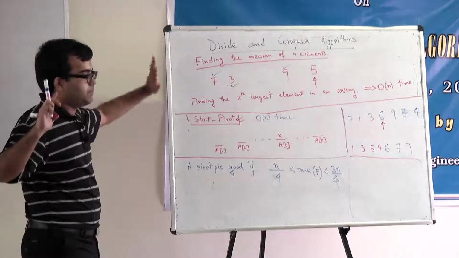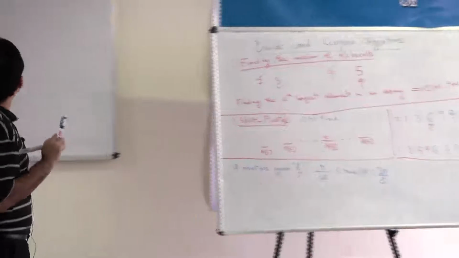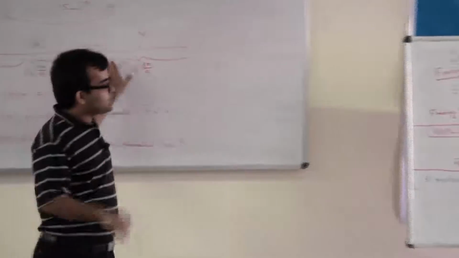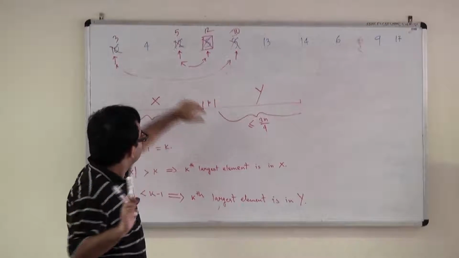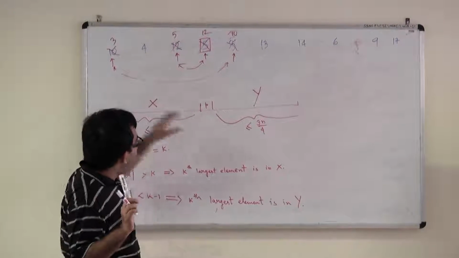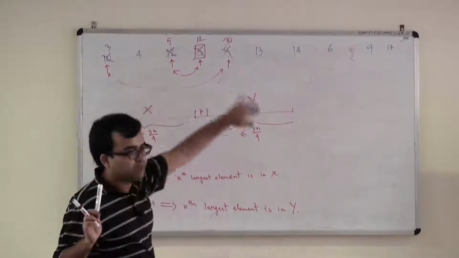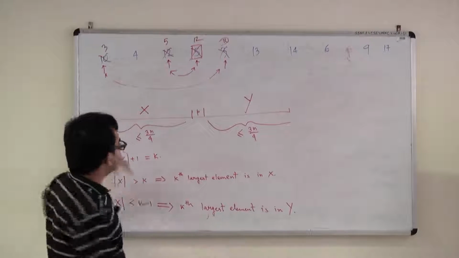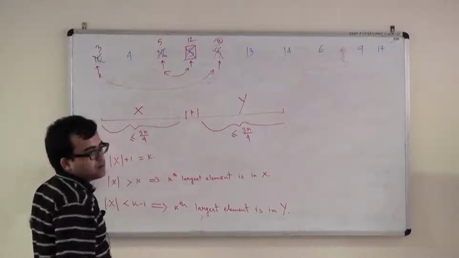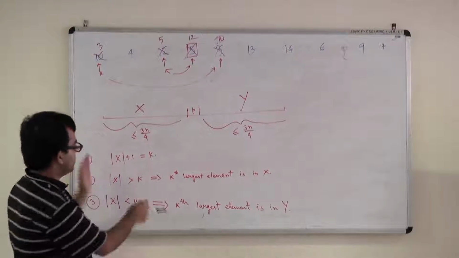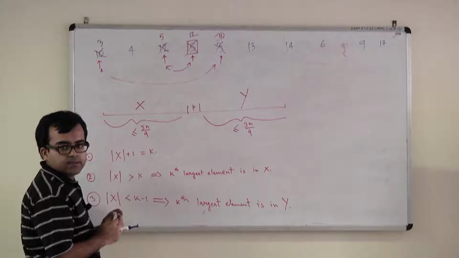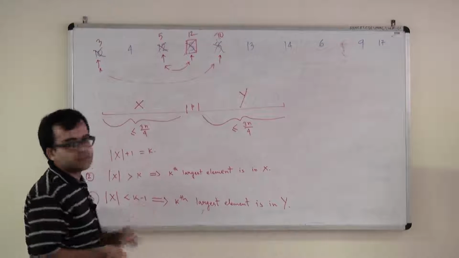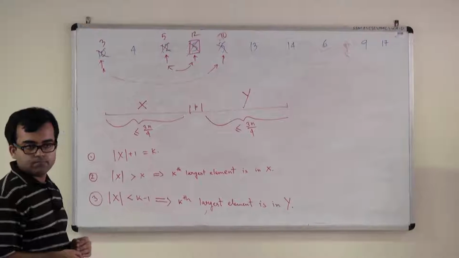Suppose somebody gives us a pivot. Let that pivot be P. So we will run the split pivot subroutine with this pivot P. This takes order n time. Now, the array is partitioned into 3 parts, X, P and Y. Just check how many elements are in X. If there are more than k elements in X, then of course the kth largest element is also in X, right?